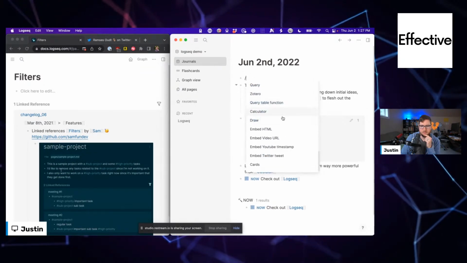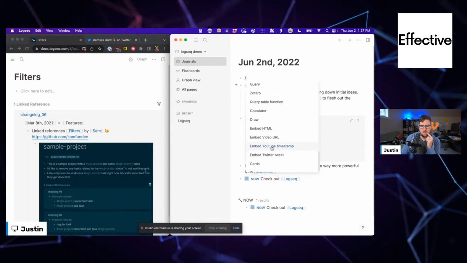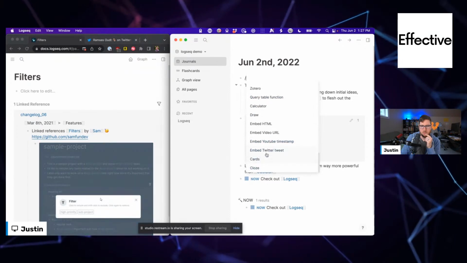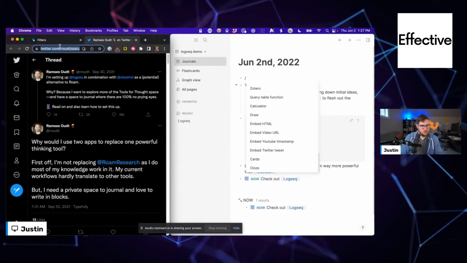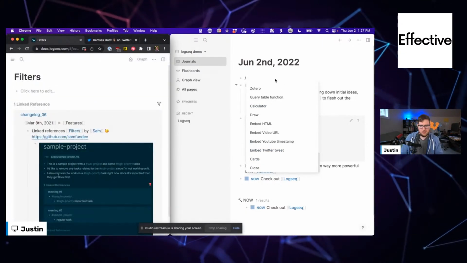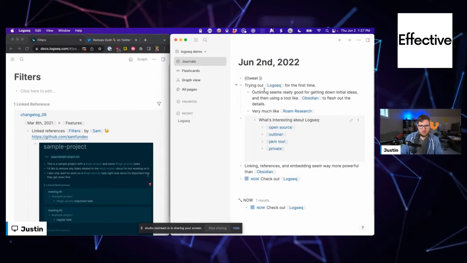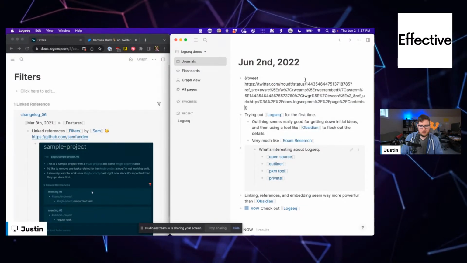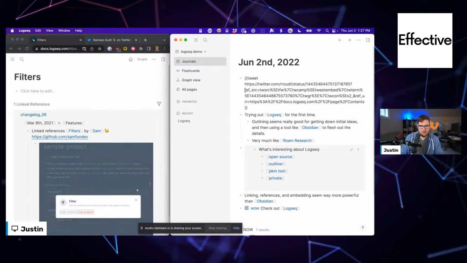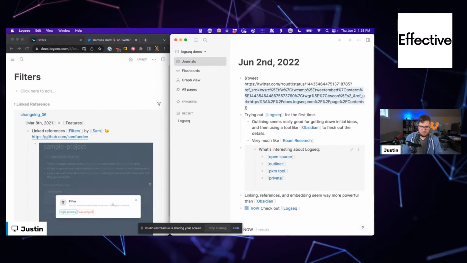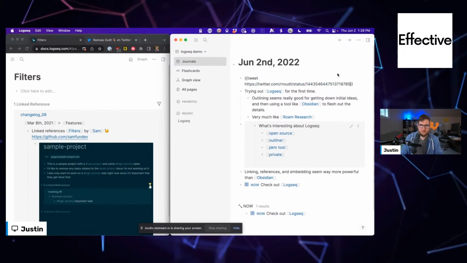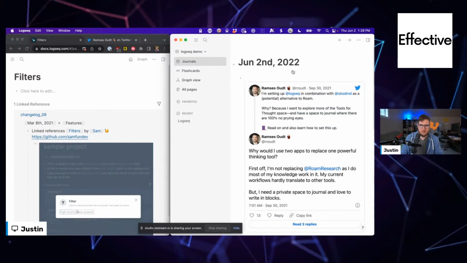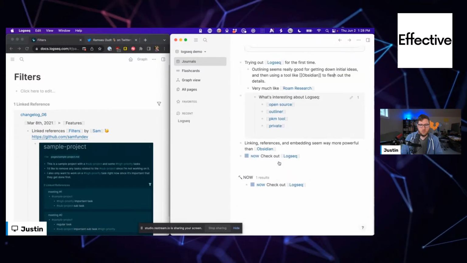Advanced, YouTube timestamp, Twitter tweet. All right, this is the tweet I was talking about earlier. Yeah, I don't need all the reference there in the link. Cool.